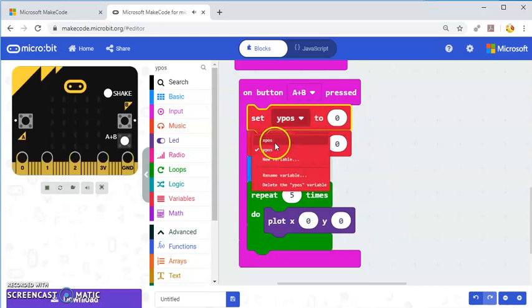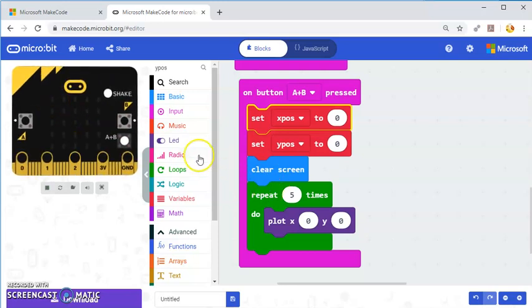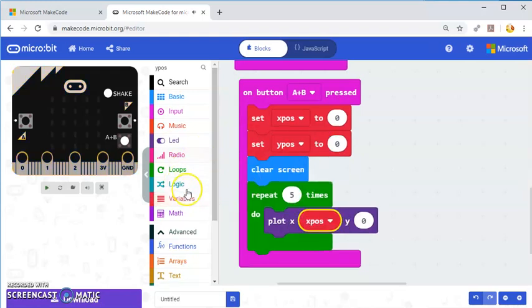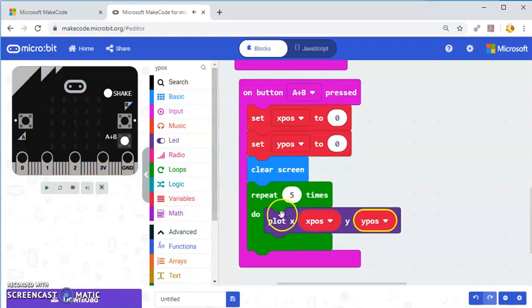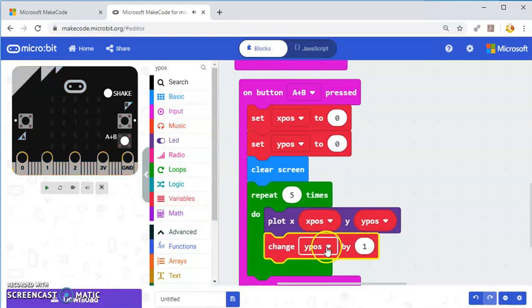So I'm setting them both to 0, and that is to allow me to turn on 0, 0 here. So if I now pull in X position as the first one and Y position as my second, and then I change X position by 1 each time,